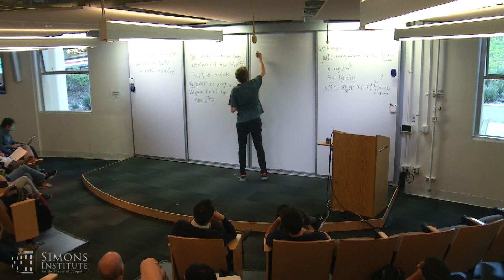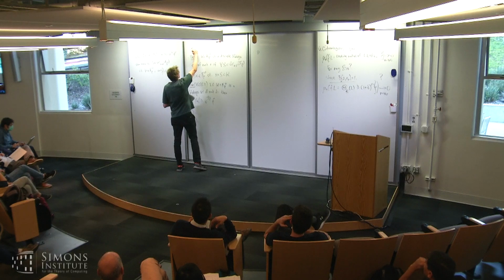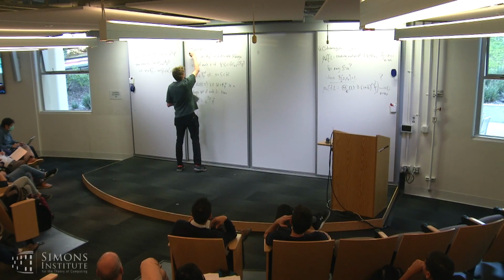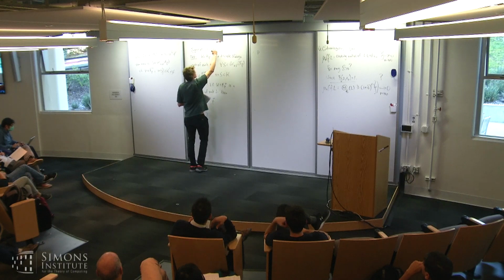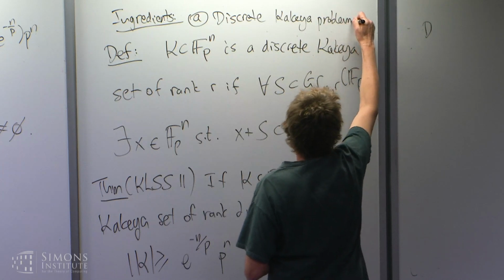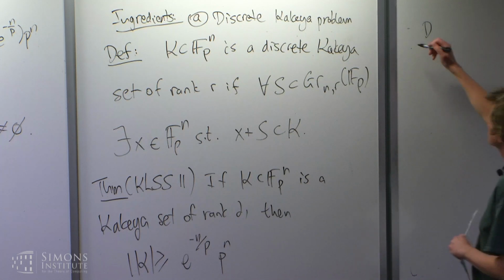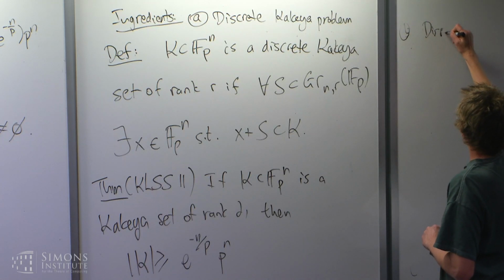So, let's call this ingredients for the proof. And this was the first ingredient, the discrete Kakeya problem. The reason I'm highlighting this ingredient is that it wasn't around when Rogers was doing his work, and the bounds that we're discussing had not been improved since Rogers, so for around 50 years. The next two ingredients that I want to tell you about are ideas which can be found in Rogers. So the second ingredient is an idea of